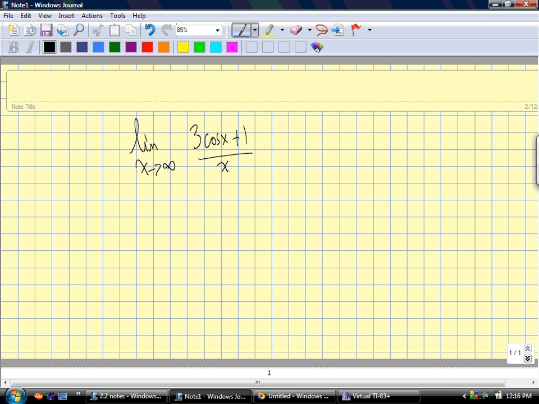Okay, so there's the question I want you to figure out. The first thing you have to do is just think about y equals 3 cos x plus 1. What's the highest this graph gets? 4. What's the lowest this graph gets? -2. So this statement can be changed into